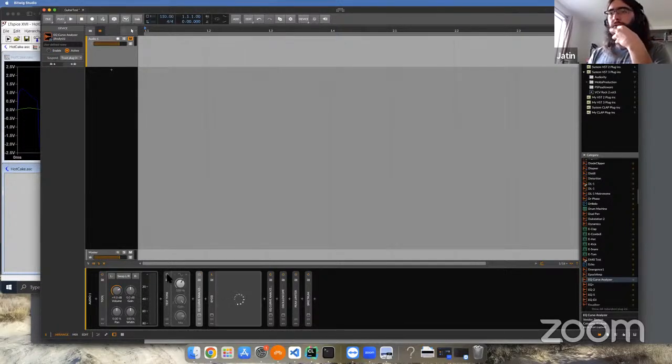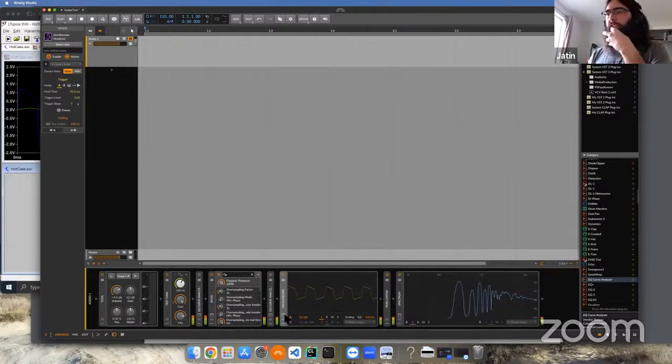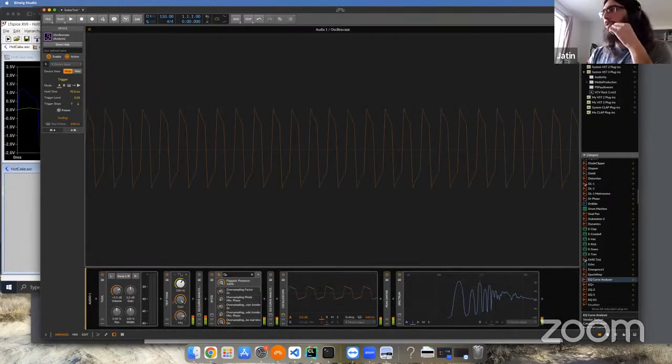Cool. So now we'll use this test tone. And let's take a look here. So yeah, the frequency spectrum looks better. Now we're seeing some harmonics. And on the oscilloscope, yeah, that looks good too. So yeah, we're seeing